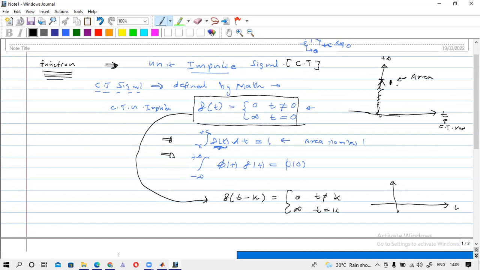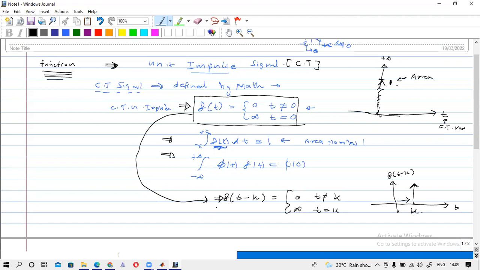So on this axis is t and here is k, and at k the value goes to infinity. This arrow is very important in the continuous time case. This is delta t minus k, and this is the k. So this is the shifted unit impulse function in continuous time. This is the expression for the unit impulse function, and this is the expression for the shifted unit